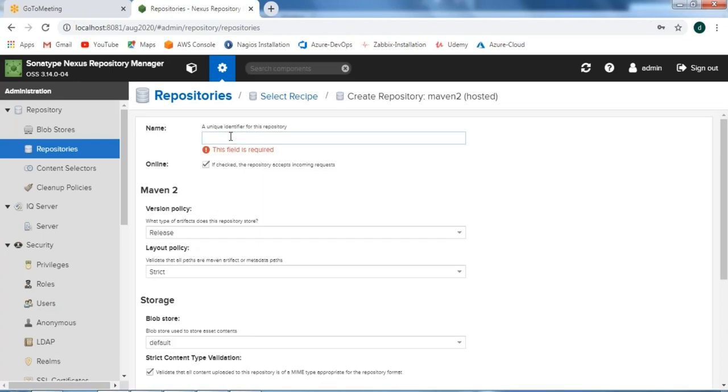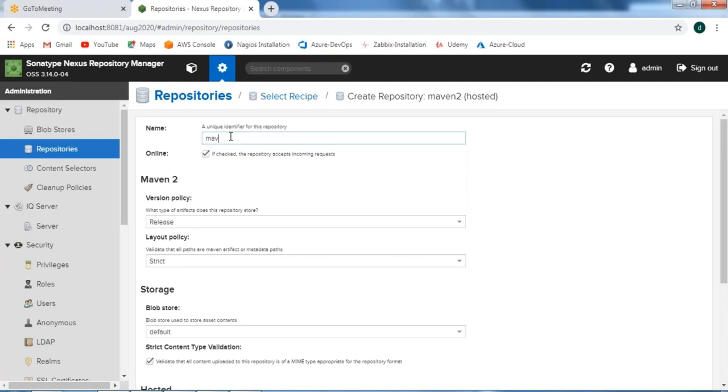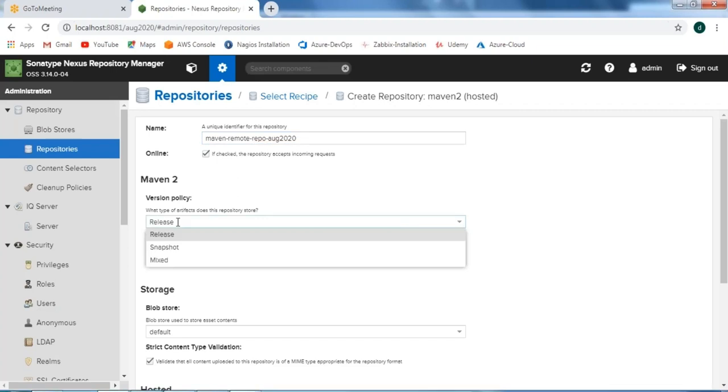We will make this one the Maven remote repo AUG 2020. In the version policy, guys, for release one we have selected release, and for snapshot we have selected snapshot, and for this remote repo we need to select this mixed one. Select this one,